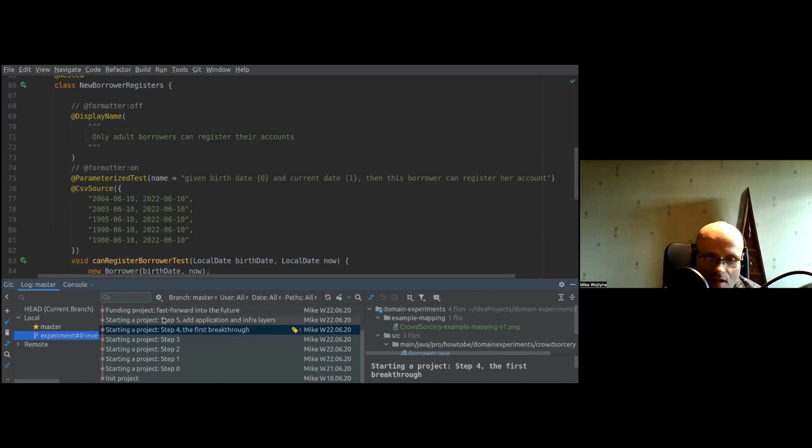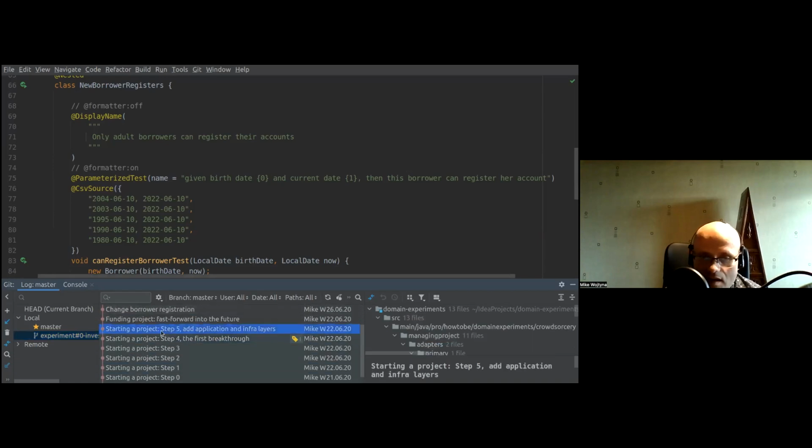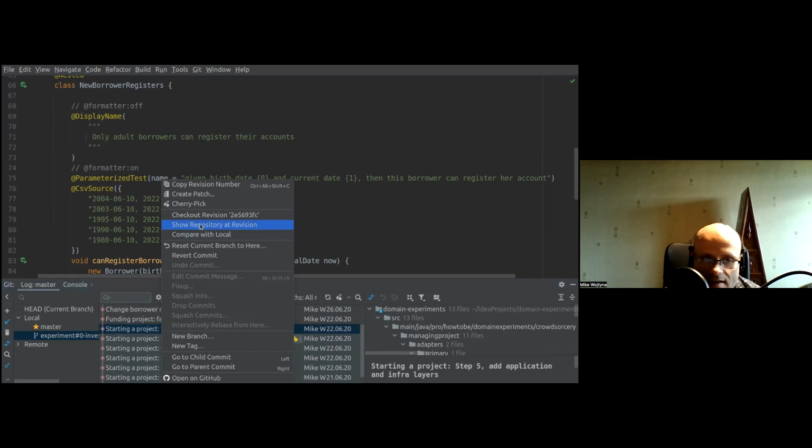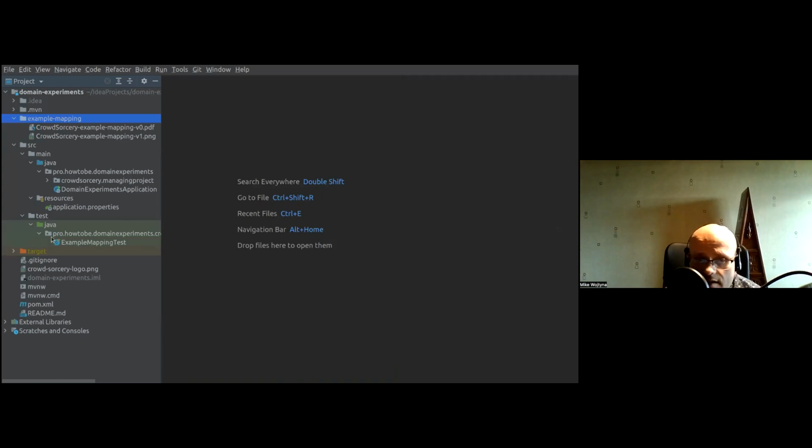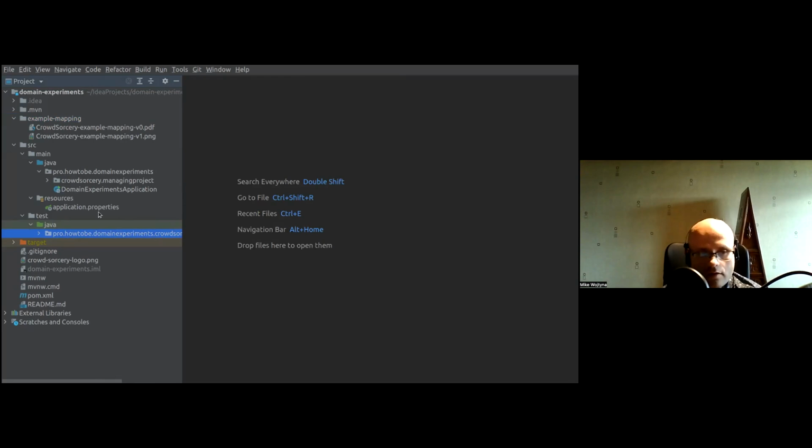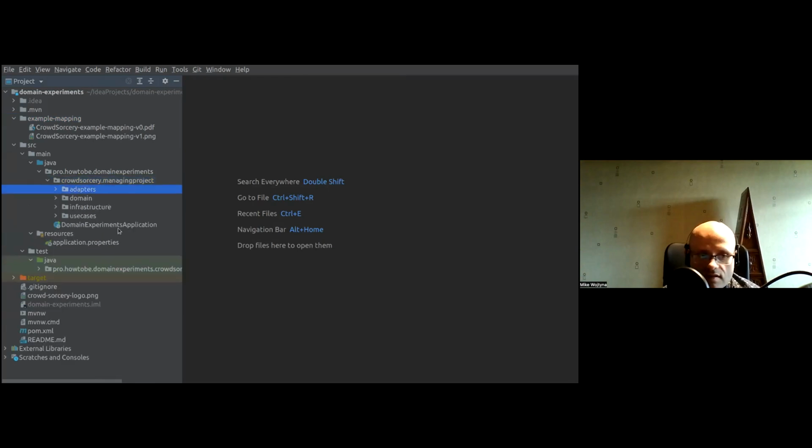Next step. Step 5, add application and infrastructure layers. I decided to show it here, even if it's not related directly to the domain experiments, to show you how we can wrap up everything and include all the infrastructure and application layers so far. So it usually wouldn't happen so early as I am showing it now. It would happen after some time, but within a few days, we should at least have a structure